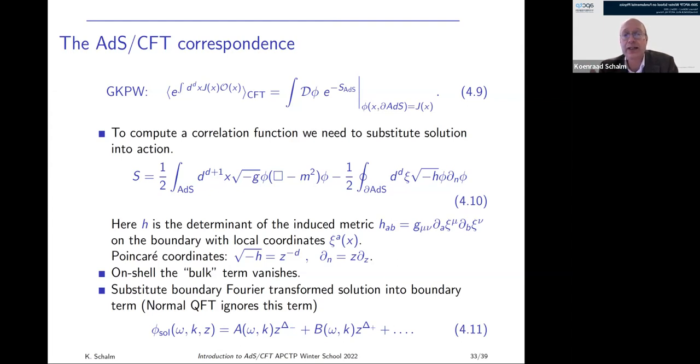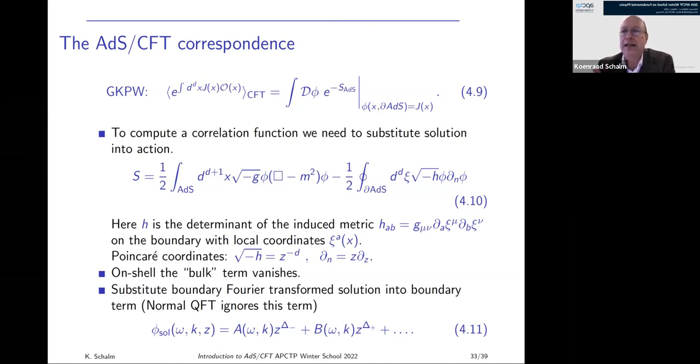So to compute the correlation function, we're going to substitute the solution into the action. Now let's write the action as follows. Let's do one integration by parts. Then what I get is the following action. I get phi box minus m squared phi, minus a half. And here is a second term, which is a boundary term, where I've written it specifically in a very